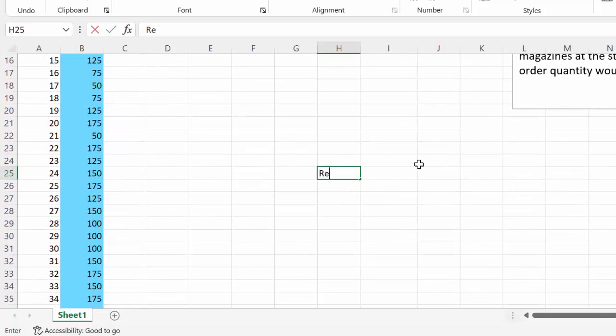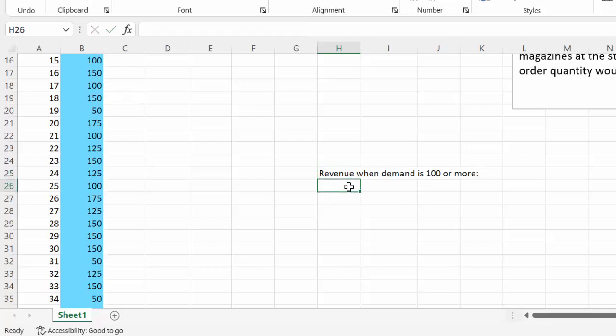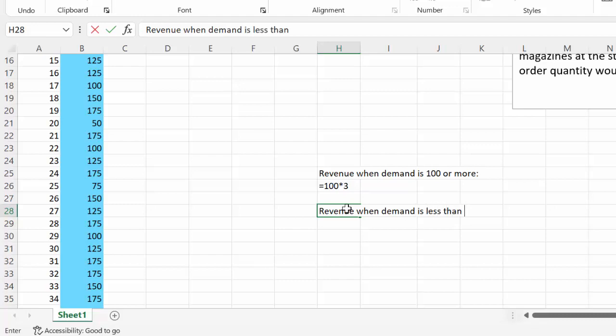So what we want to do is scroll down here and add that in. Revenue when demand is 100 or more is basically she sells out, right? So it's going to be equal to the 100 that she brings in, multiplied by $3 an issue. That'd be 300. But when demand is less than that, the revenue when demand is less than 100